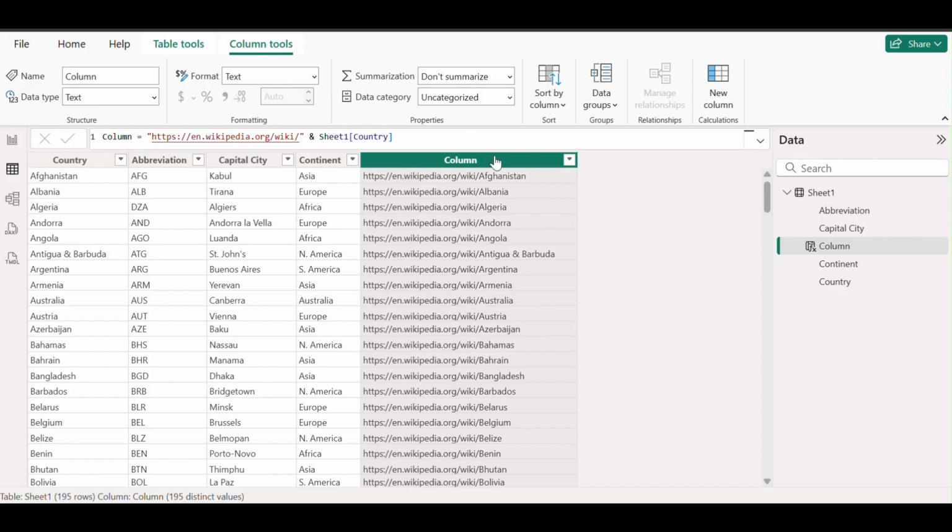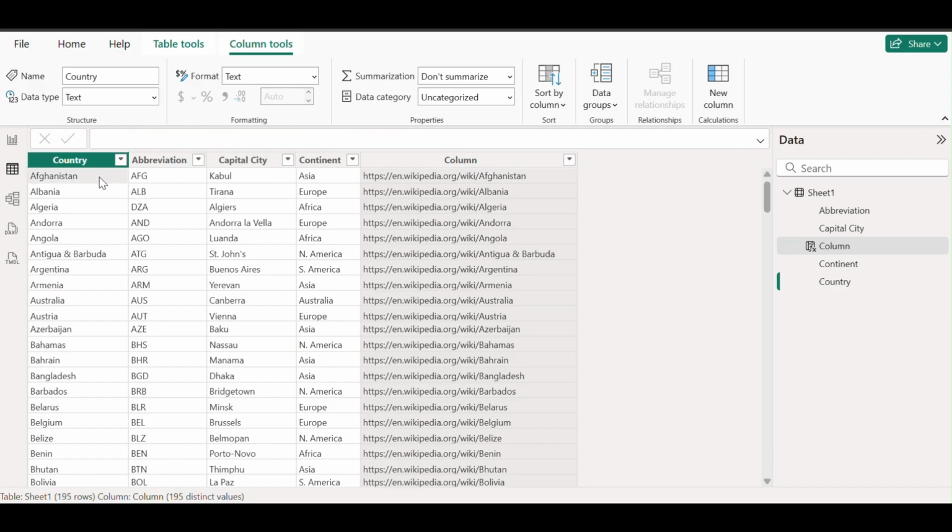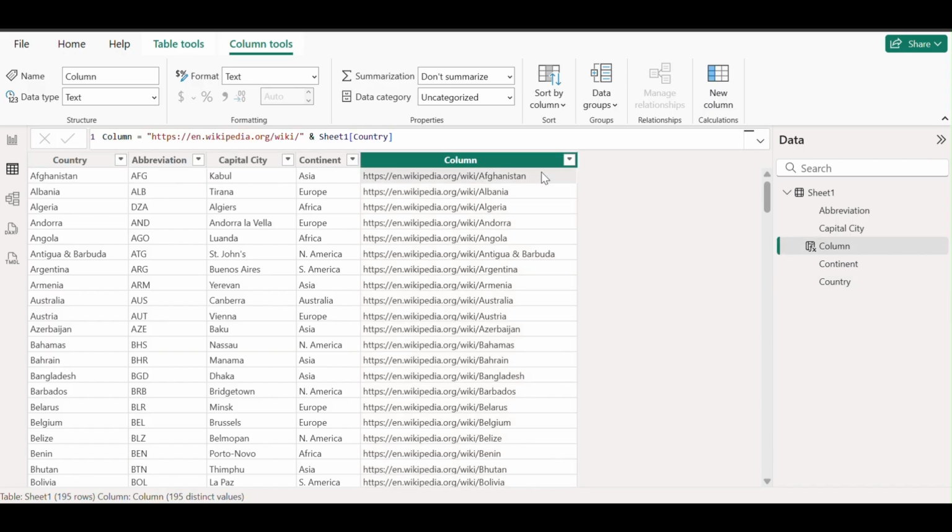So now you can see my new column is generated, and for every row, the link is generated in the column. So if it's Afghanistan,